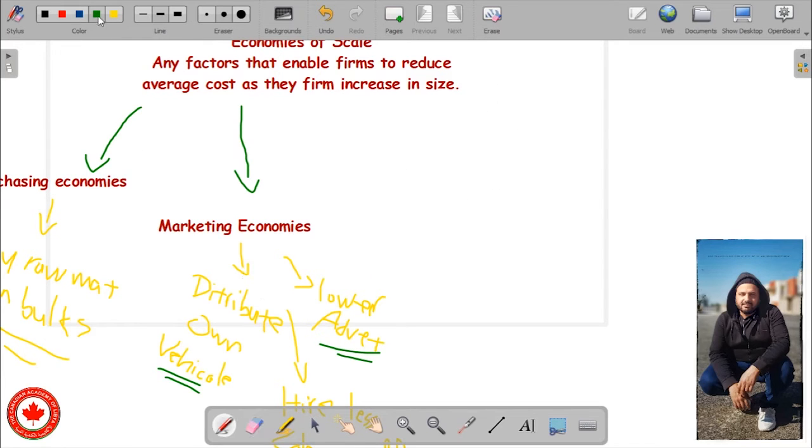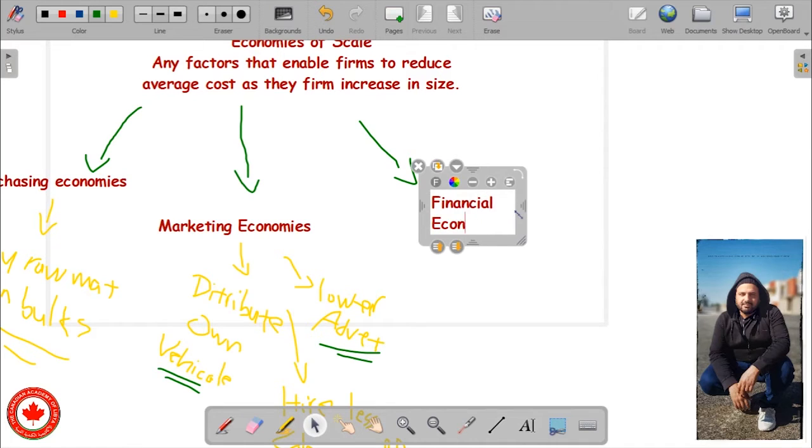We'll take it step by step here. Number three, there is something called financial economies. Financial economies refers to the idea that these companies or large firms have large access